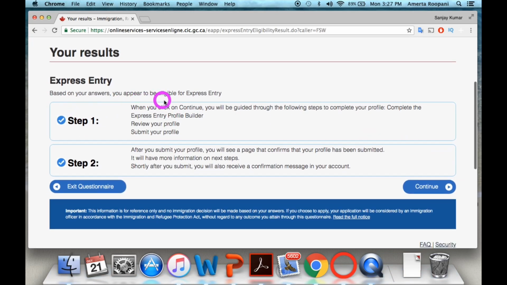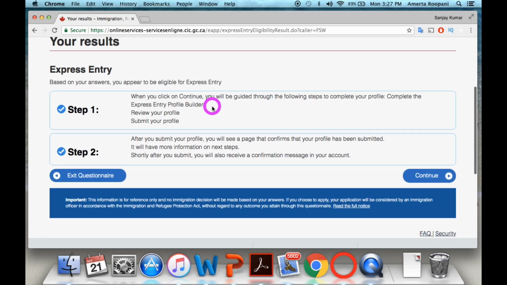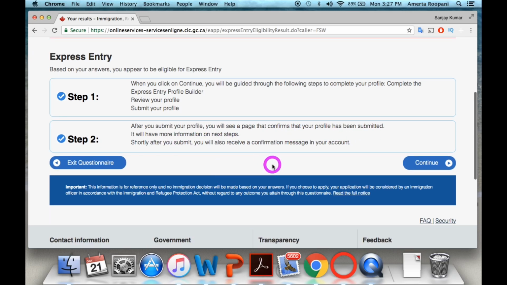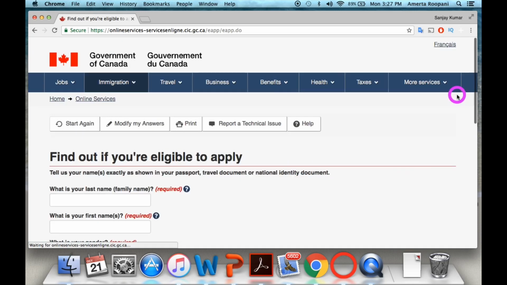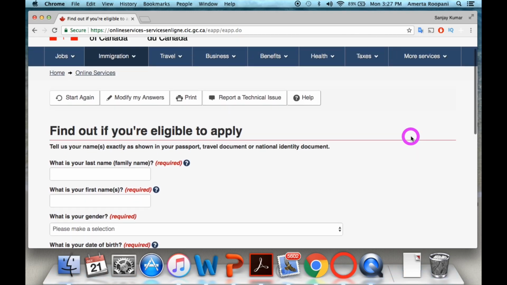Okay, so after answering all the questionnaire, they will bring you to this page if you are eligible to apply for Express Entry. So basically, these are the number of steps that are required to complete your Express Entry profile and submit it. So when you click continue, then it will bring you to this page where you will have to